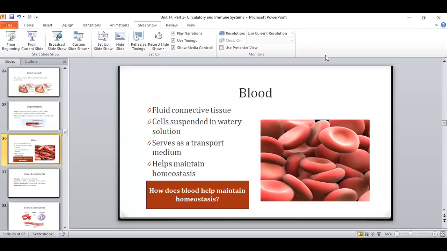Hey guys, today we're going to finish up the circulatory system. So your work for today is going to be to take notes like normal. I'm attaching a little 4-minute video clip on blood types that I thought was a pretty good explanation, but that's